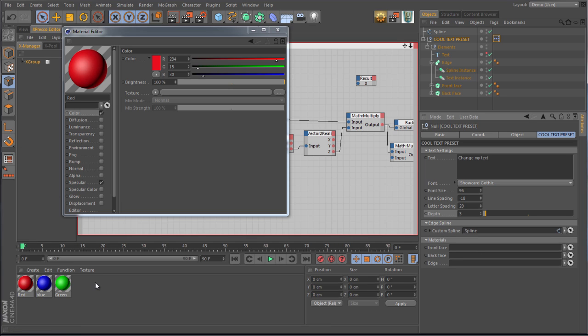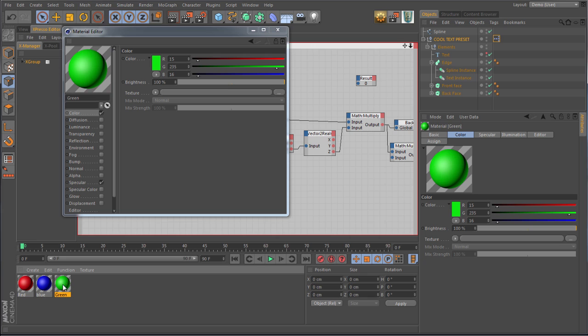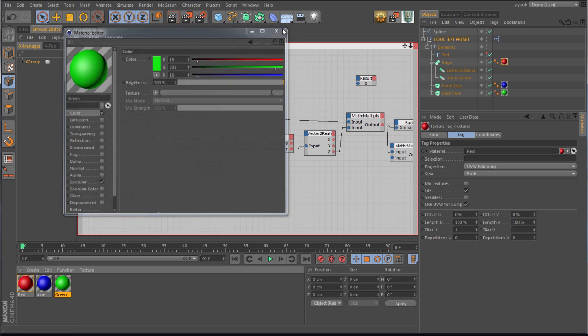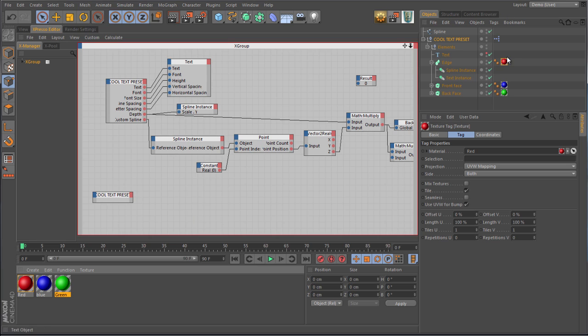Now we need to connect this to, doesn't matter, we're going to change it. Blue, put on the front face, red on the edge. Okay, let's get rid of this. Now, what we will do is take this texture tag and drag it in here. That's where I was getting confused. It's not a texture in the user data, it's texture